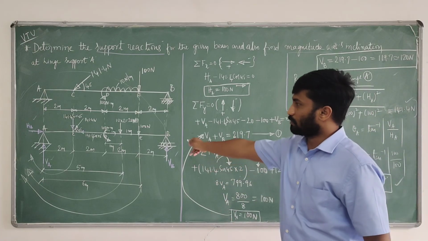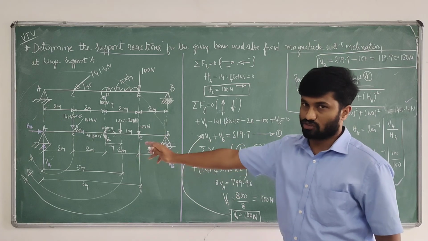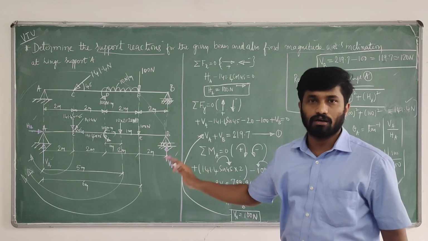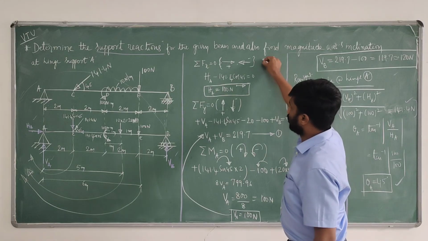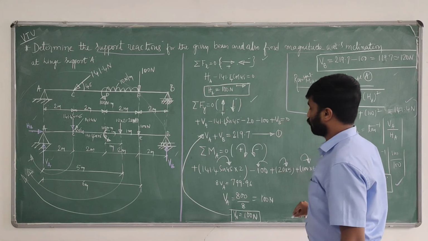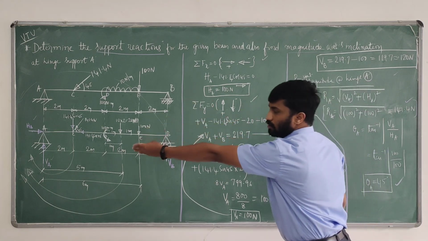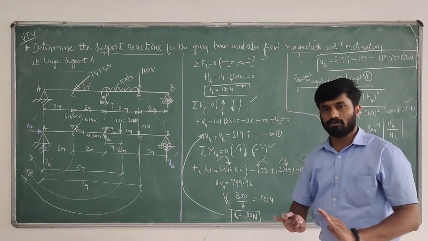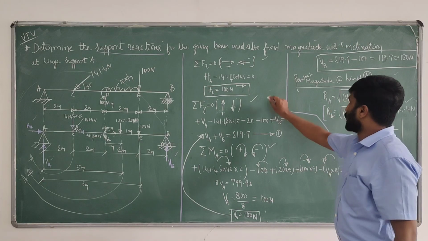In the first step we have written the free body diagram, with the support reactions. A hinge support has 2 reactions, a roller has 1 reaction. Initially we assume all positive directions. By applying the equations of equilibrium, sigma Fx equals 0, sigma Fy equals 0, and sigma M at any point, preferably the left end. In some cases we may take the right end, and we get the same answer. Finally we get the unknown reactions.